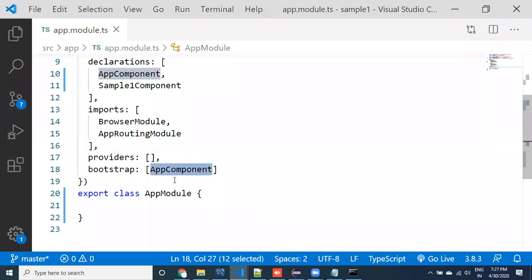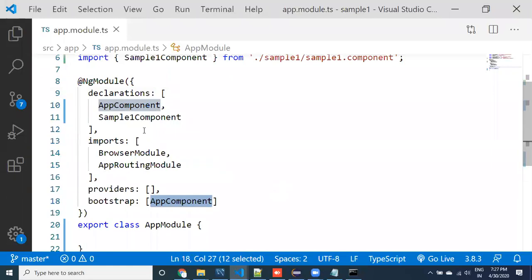This is the important thing, Bootstrap. Here in the Bootstrap, we have provided the component. See here, this app component we have provided means by default this component is going to be run and executed. What is a Bootstrap? Default behavior. So that default behavior means automatically app component is going to get executed and displayed. Okay. Now, let's look at it, guys.